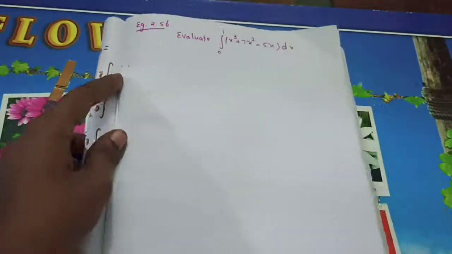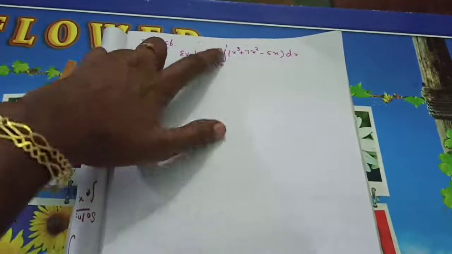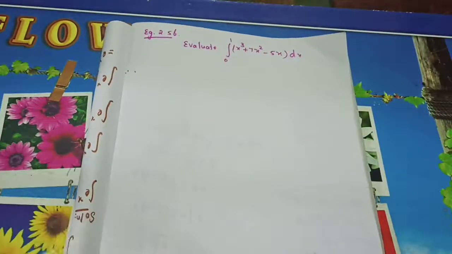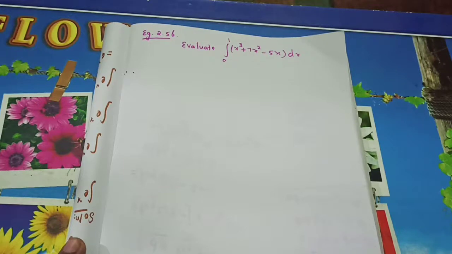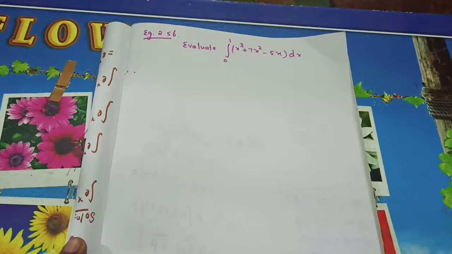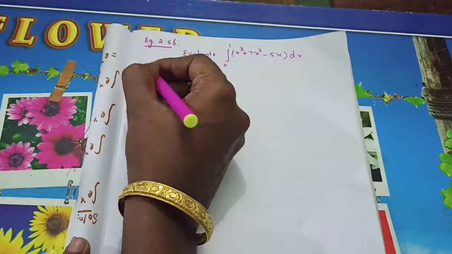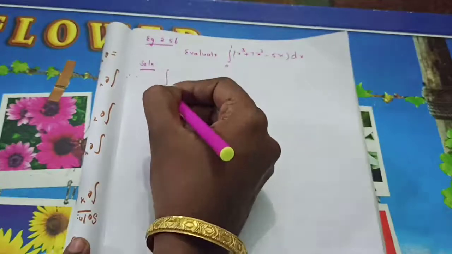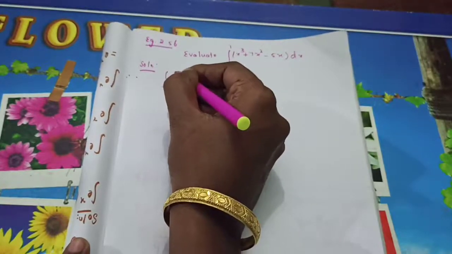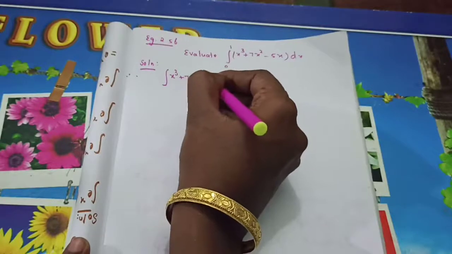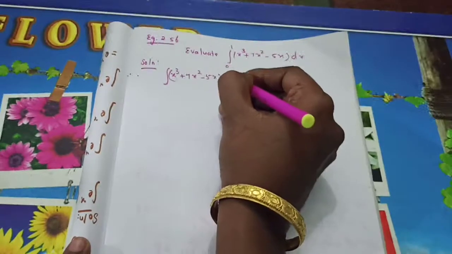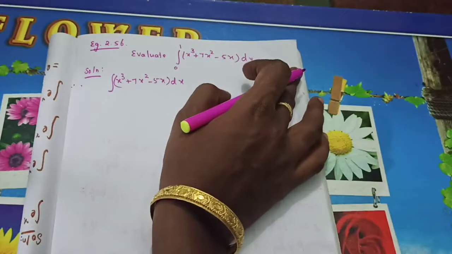Okay, we will do one example problem now. Listen here, evaluate the integral from 0 to 1. Whenever there is a limit, when you see the problem itself, you come to know it's a definite integral. We have learned some formulas already for x cube, x square, 7x. We are going to use the same formulas but with slight differences. So I am writing the question: integral of 3x cube plus 7x square minus 5x dx. First you are going to integrate this, afterwards we will apply the limit.